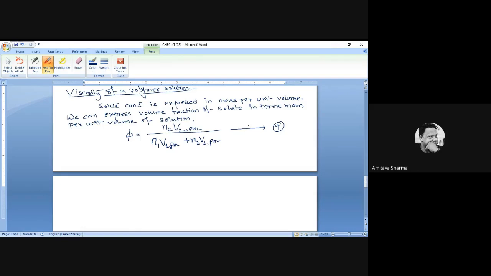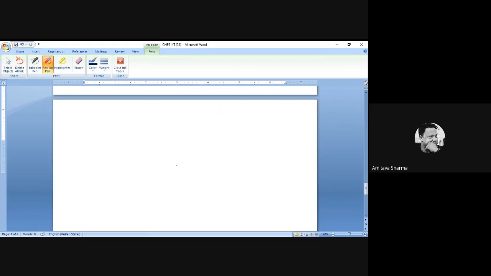So for dilute solution, this is simplified as